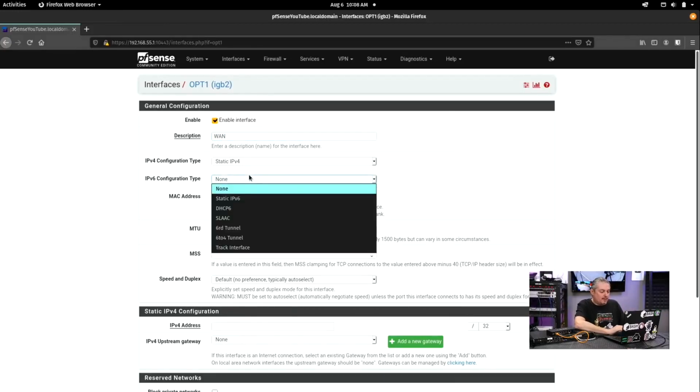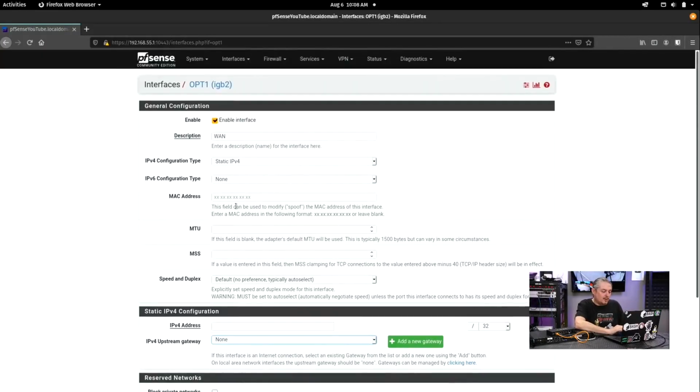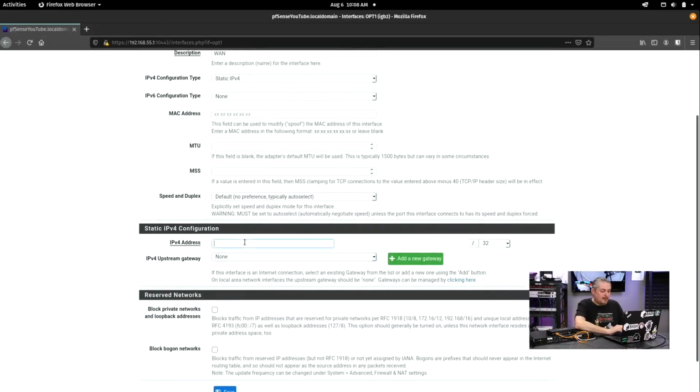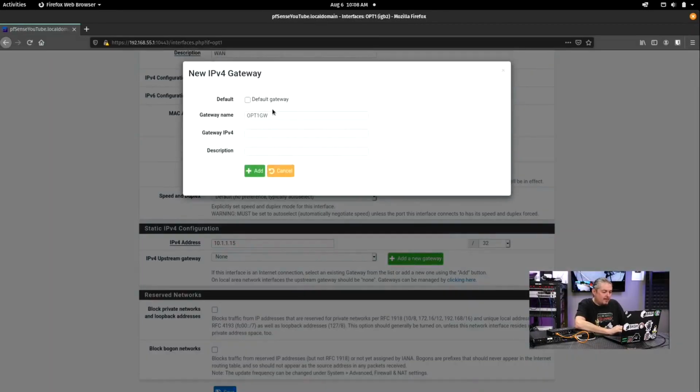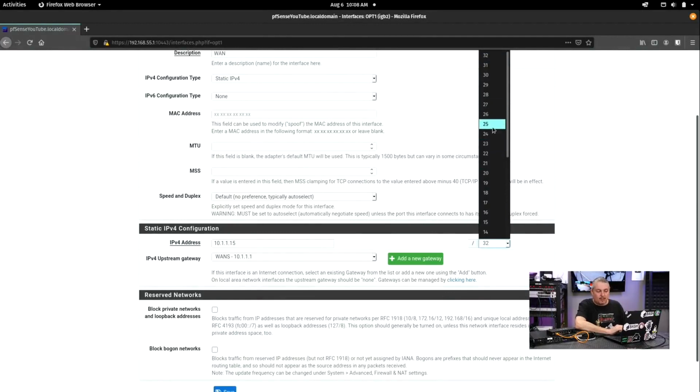So if this were to be a LAN interface, I would stop here and just assign an interface. But when it has an upstream gateway, we can add a gateway. So just for the sake of doing the demo here, let's say this is going to be 10.1.1.15. And we're going to add a new gateway for this one, and we'll call it WAN 2. It's not going to be our default gateway. Let's pretend this is our backup interface. Gateway IP address 10.1.1.1, add, and whatever the net mask is given to you by whoever gave you this gateway,